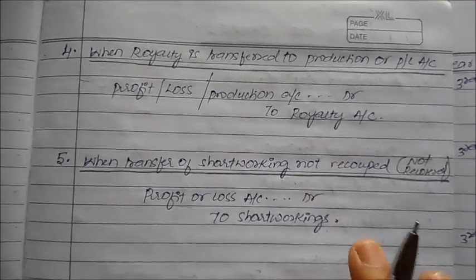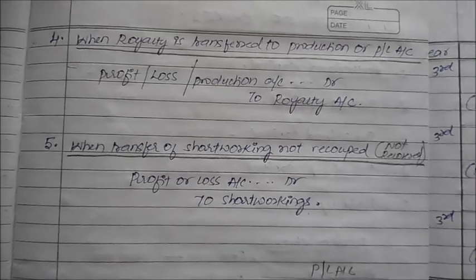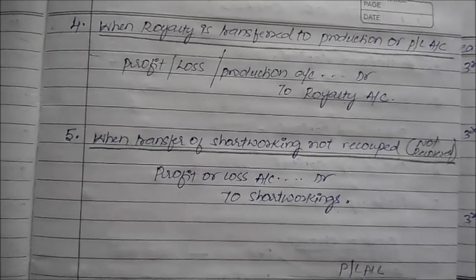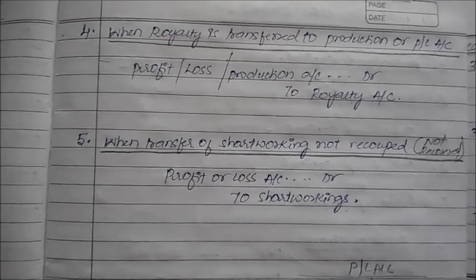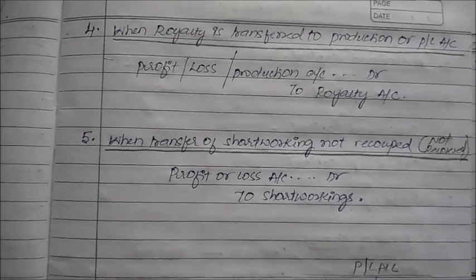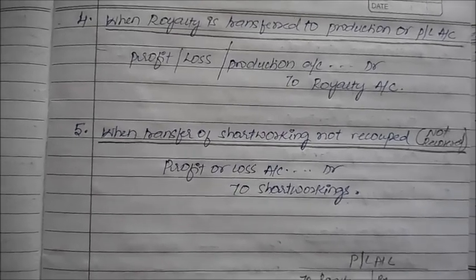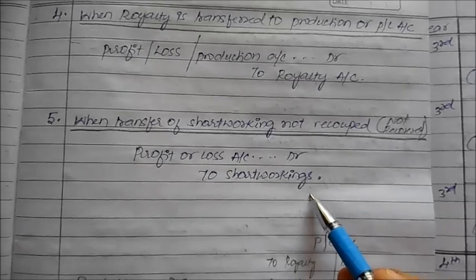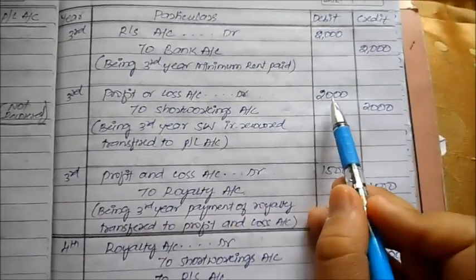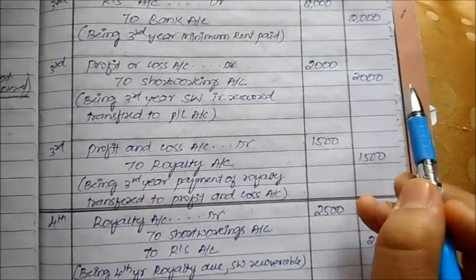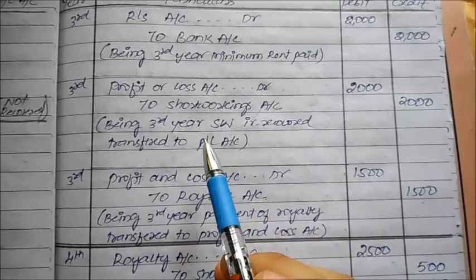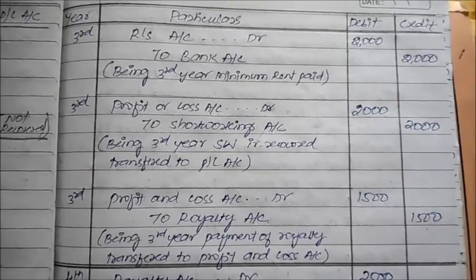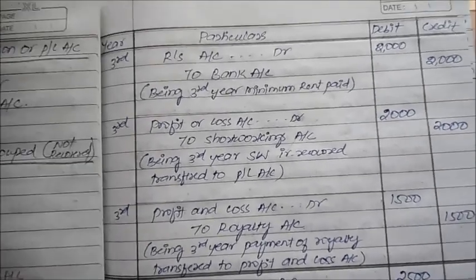Now in the third variety, what is exactly happening? There is one portion of the excess loss which occurred in the previous year, which the user of the asset cannot take back whenever there is surplus. For that, we will record one entry: P&L account to short working, and show that this much amount of money is going to be irrecoverable in the future. That's why we do P&L account debit to short working account, 2000. Okay, so it's extremely simple.